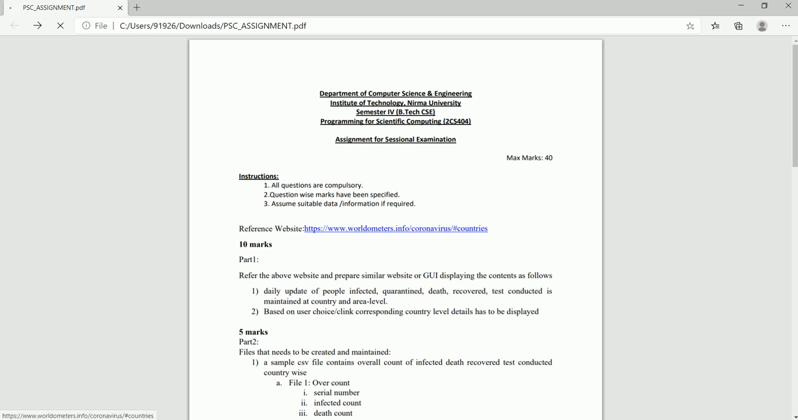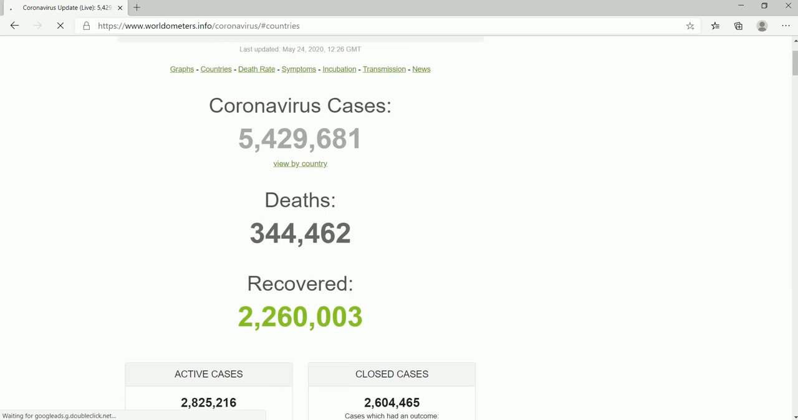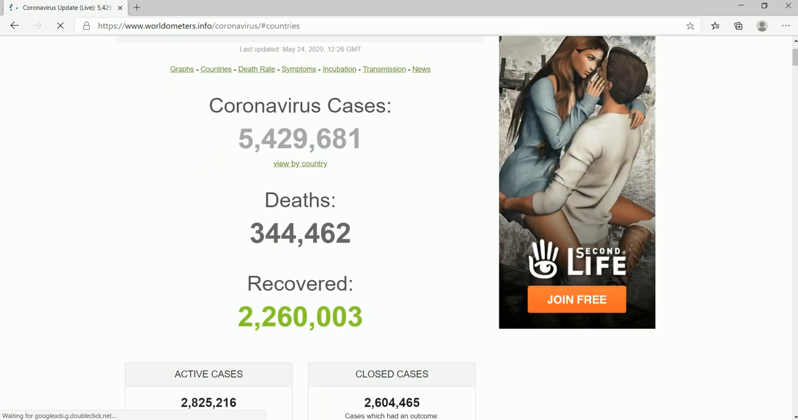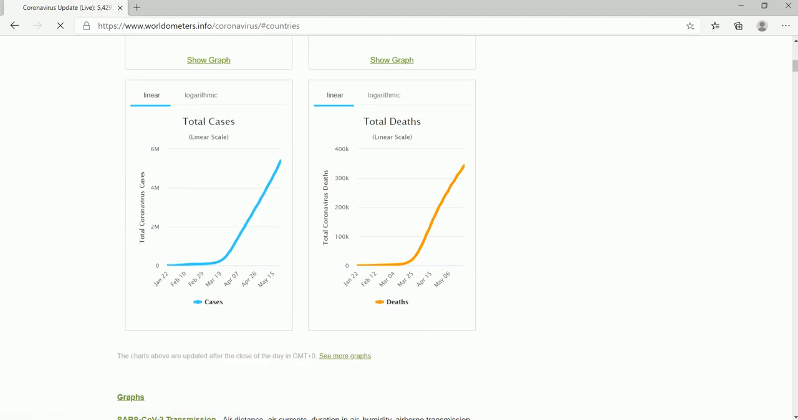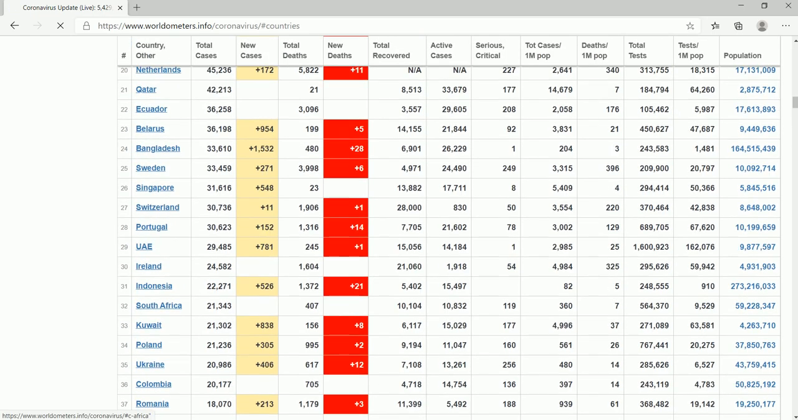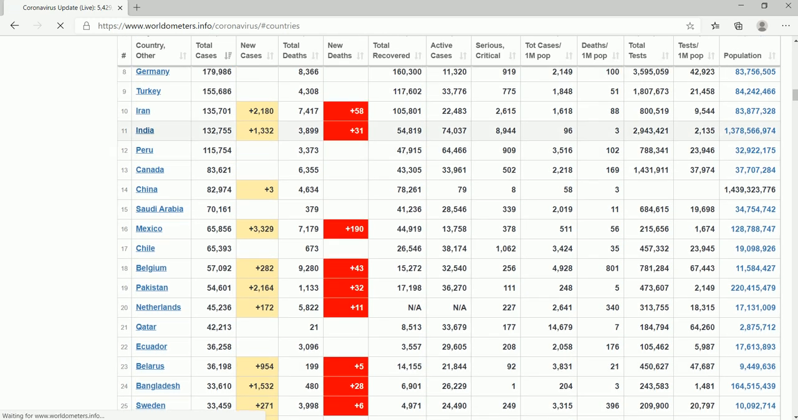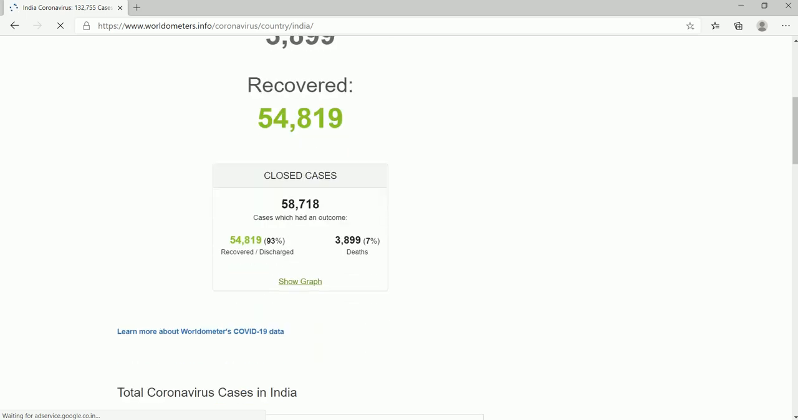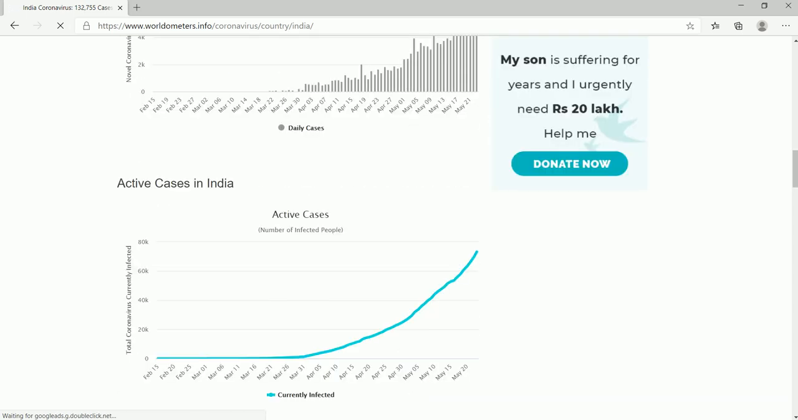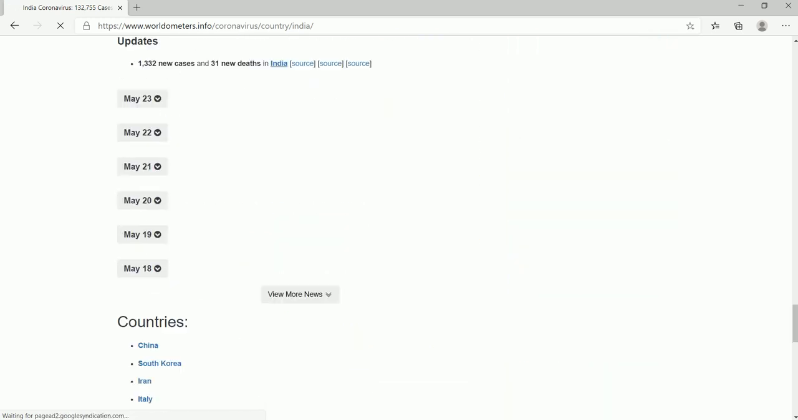So here this is the website. I need to display this type of data. Here I need to display this type of table, and from the table, this is the country India, so I need to display this type of data. So first